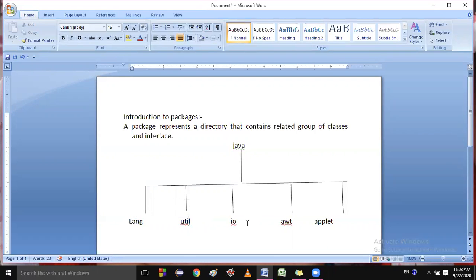These packages contain classes and interfaces. If I talk about the IO package, it has the classes which are used to take input and output. The input and output operations are done by the IO package. Is it clear to you or not?